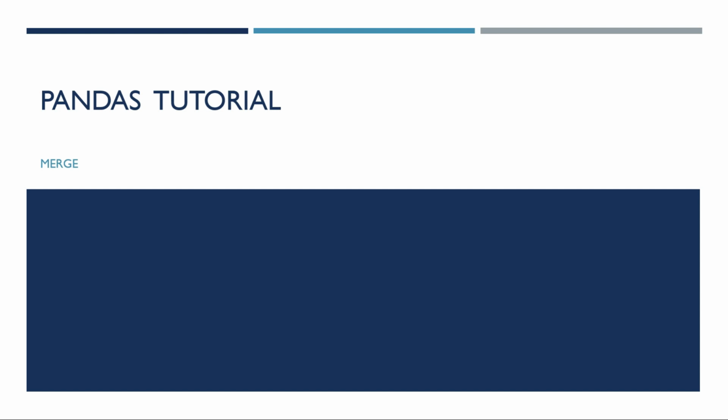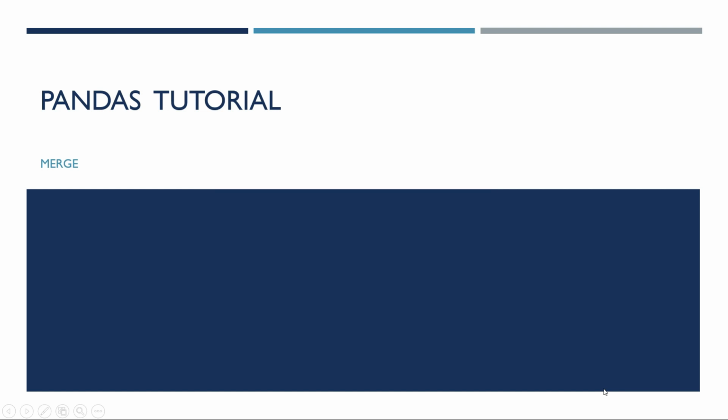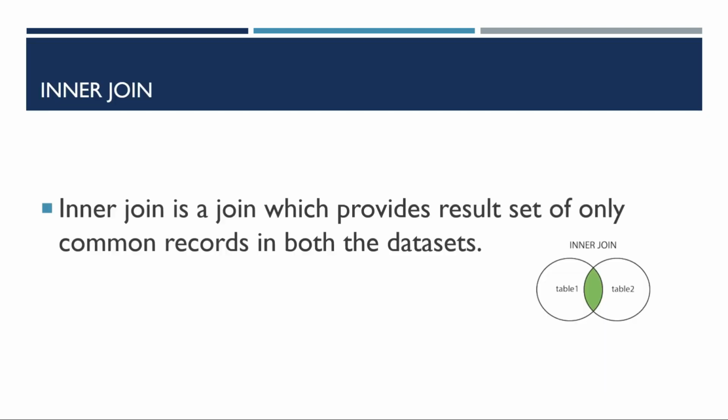What if I tell you that SQL Server joins and pandas merge are exactly the same thing? Let us see. Use the term merge for these also because it is exactly the same thing. So the first type of join or merge is inner join, where we want the common data points of two data sets. So let's say I have table 1 and table 2 and I want the common records from both the tables. I will use inner join. Similarly in pandas we will call it inner merge.